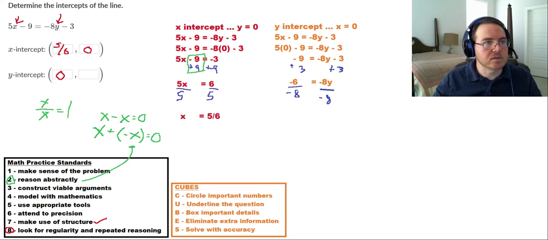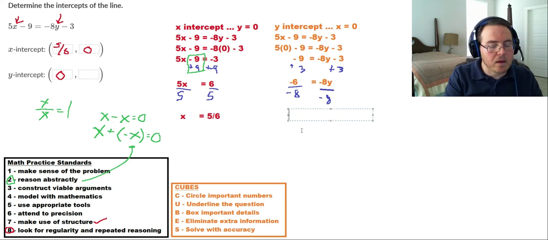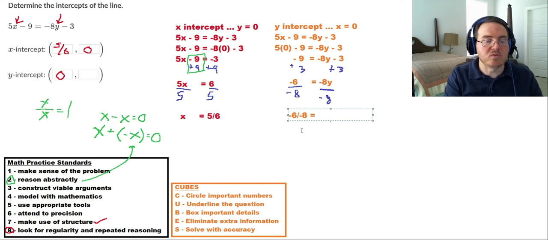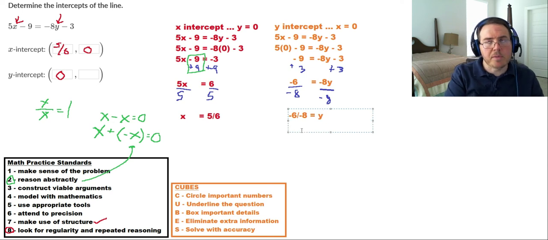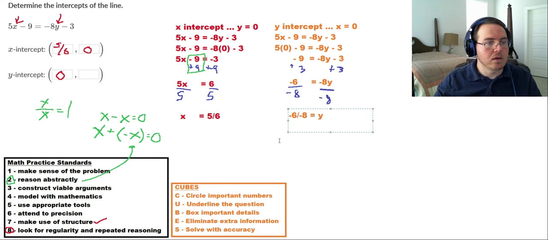Let's go to text, bright color. Okay. So that means we're going to have negative 6 over negative 8 is sort of our answer, equals, now negative 8 divided by negative 8 is 1, but I'm so lazy, I'm not even bothered writing it. So let's talk about simplifying this. These can both be divided by a negative 2.